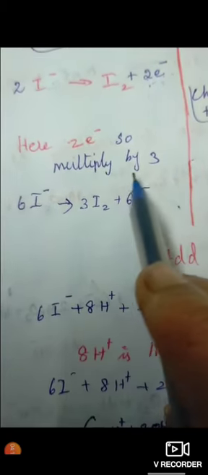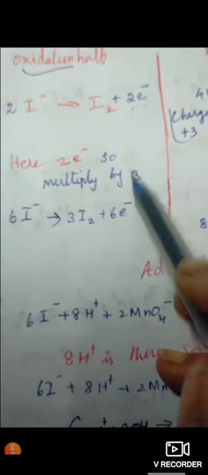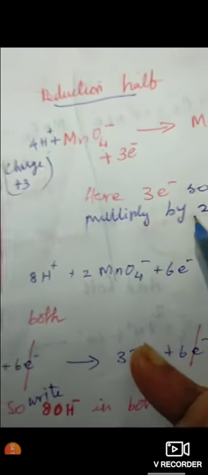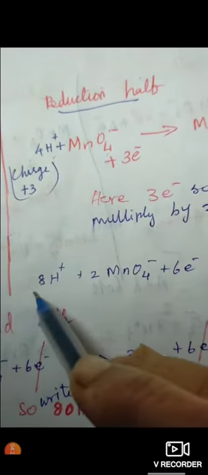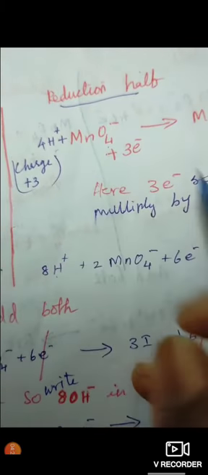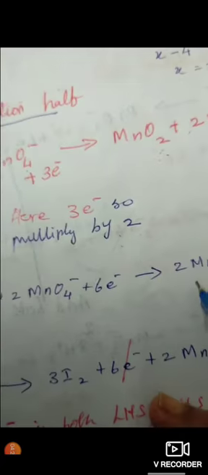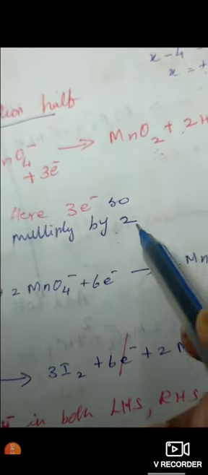So you will be getting 6I minus, 3I2, 6 electrons; 4 into 2, 8H plus, 2 MnO4 minus, 3 into 2, 6 electrons, 2 MnO2,